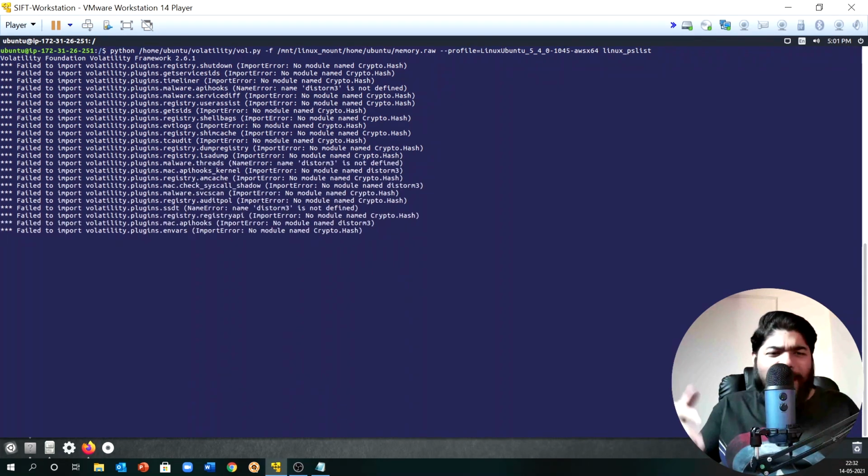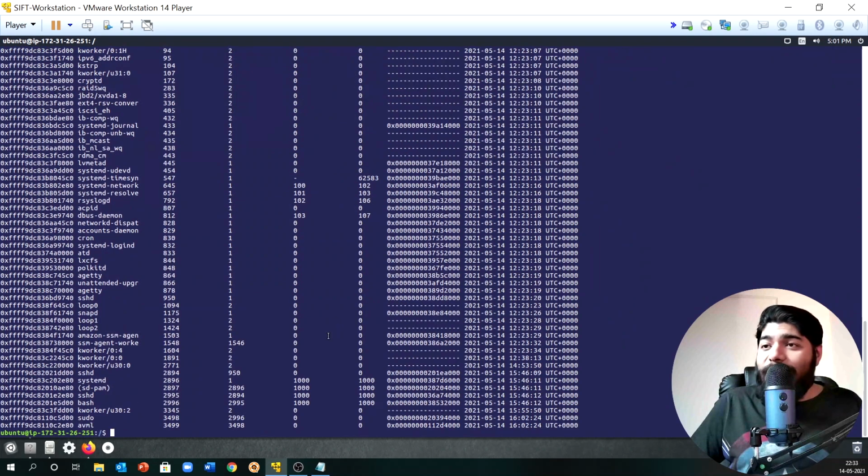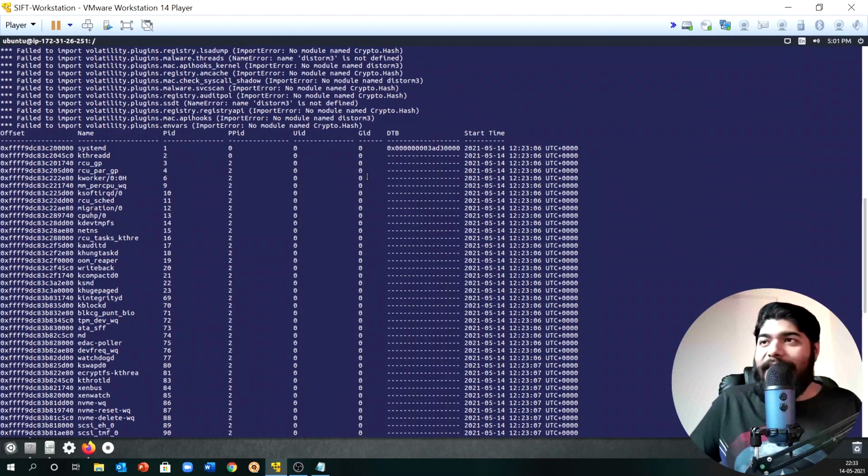Obviously it will show some failures because it's not a full scope of Ubuntu, because it's Amazon Ubuntu and I don't have any idea what this file is actually called. But you see, our purpose is actually getting solved now, right? You see the whole process tree has been populated here. I was running the AVML software and AVML compiler when I was capturing the memory, and that is the reason you can see everything populated here, right? So we solved our purpose already.